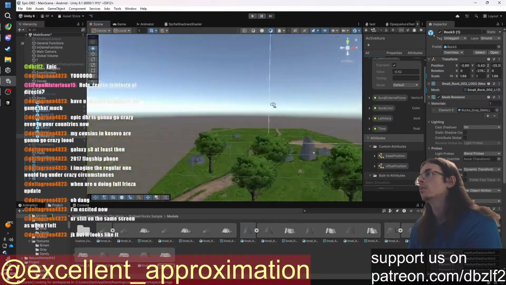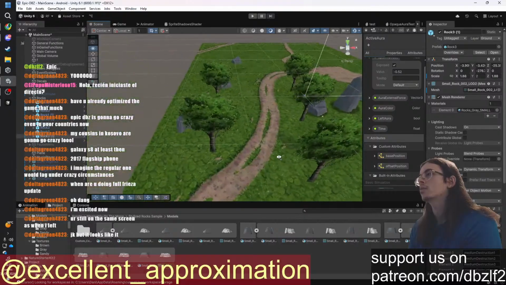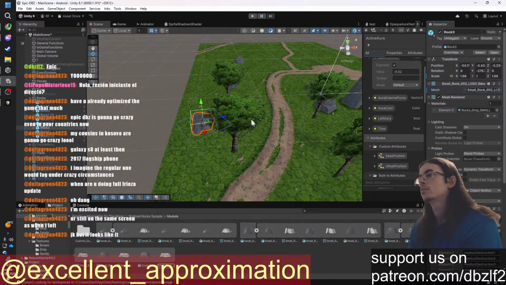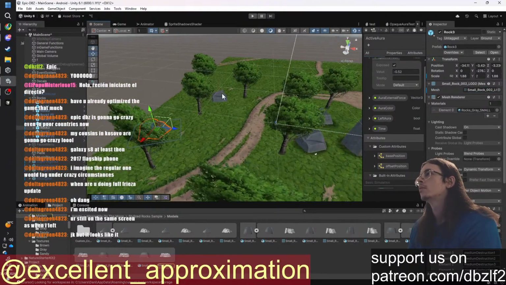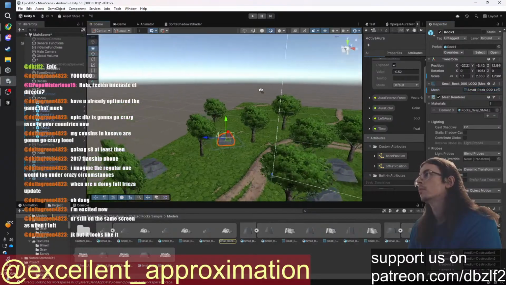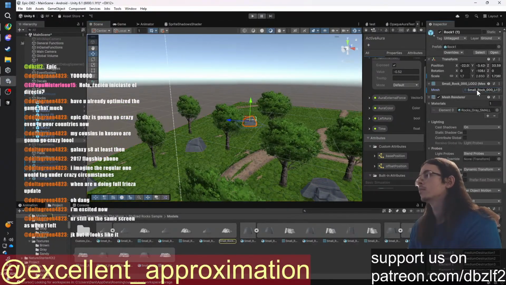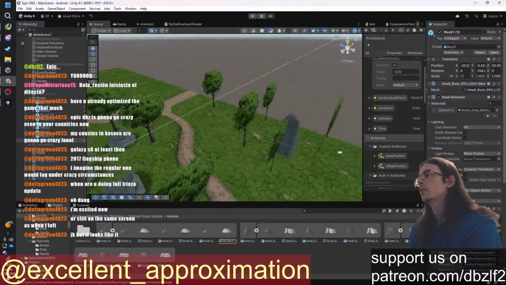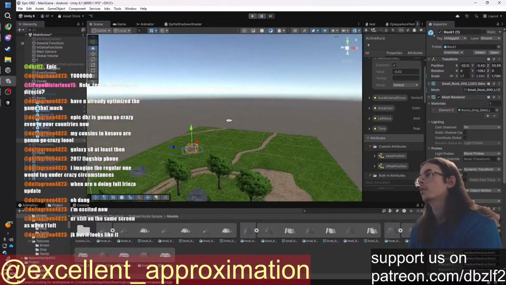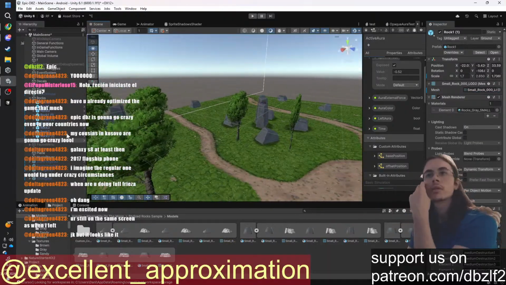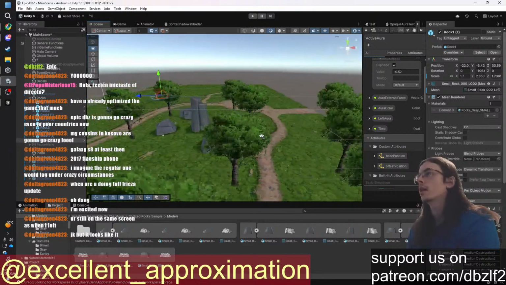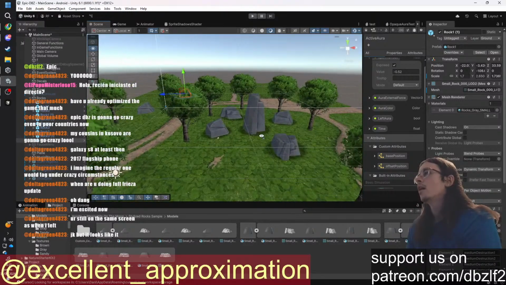And this one too. I don't think they have any other tool. Yeah, they have all been changed to the smaller, less detailed LOD. And now